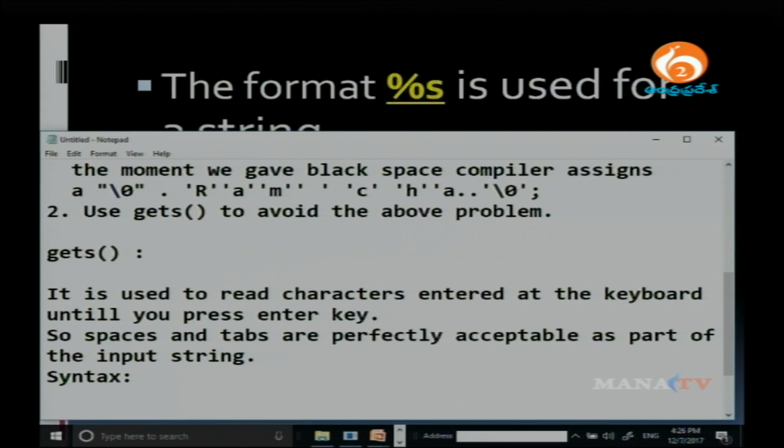Here is the syntax of gets: gets of any string name or any array name. Here array means only a string, a character array, char array.